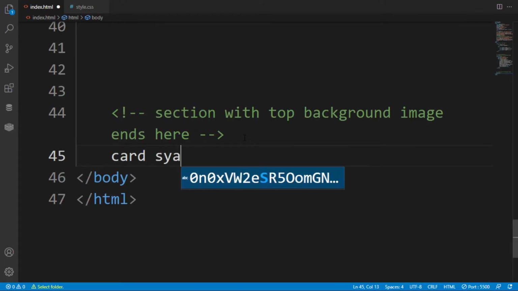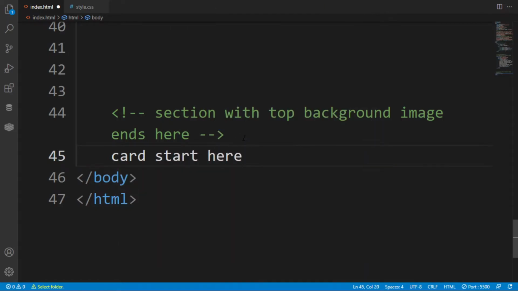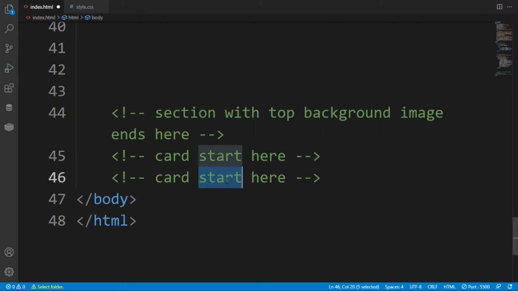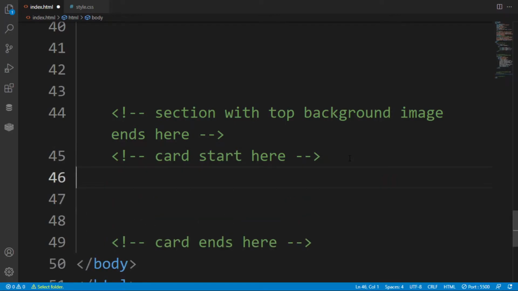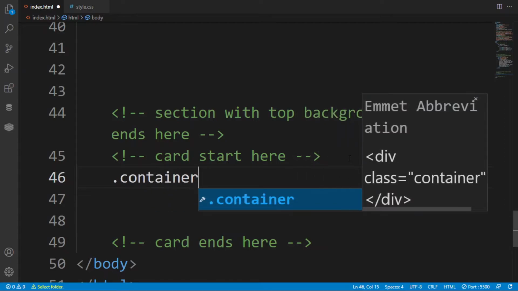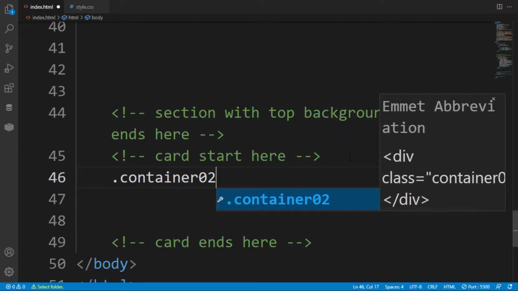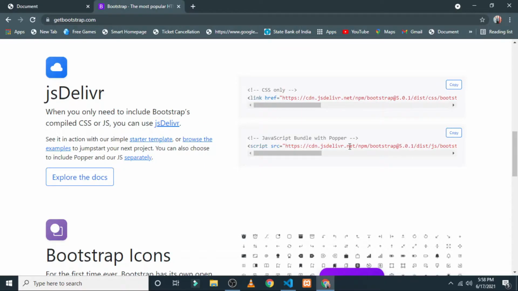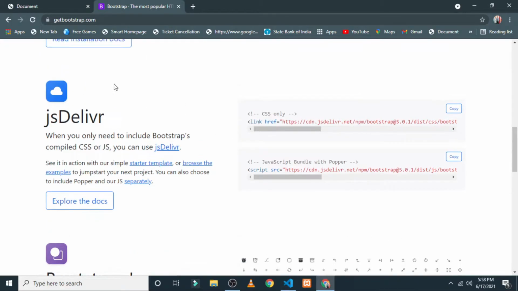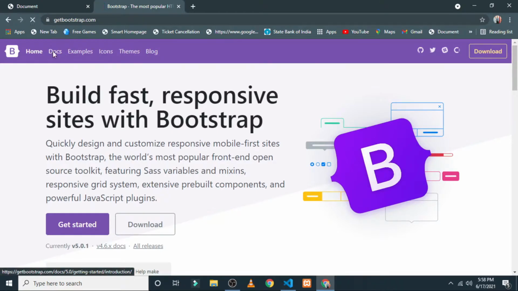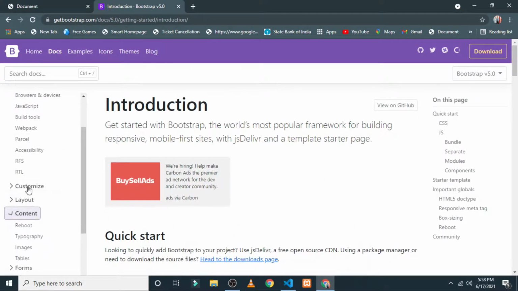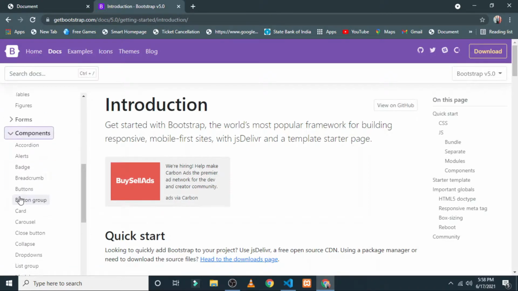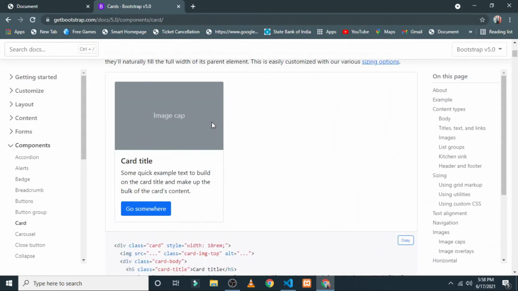So here I am creating a card section, or you can say the 4 cards that you have seen at the start of the video. All the 4 cards will be at this end. If I had created these containers without Bootstrap, it would have taken a lot of time. So here I am creating a container; initially we have container 1 in the content. So here is the content of the header. Here in the Bootstrap, go to the docs, and here you have to select Components. In this there is a card.